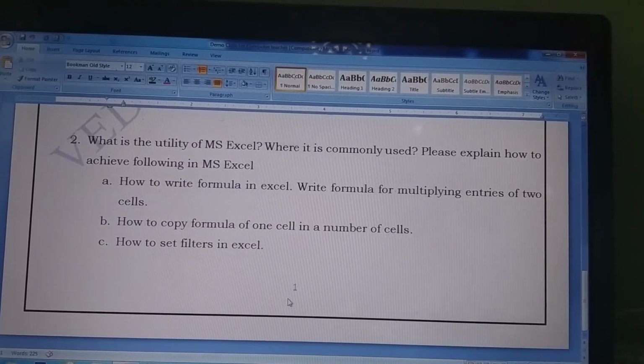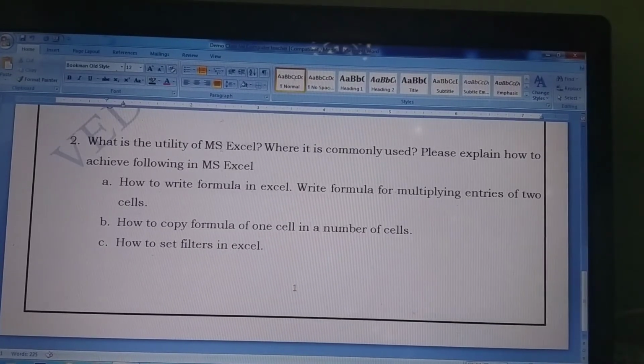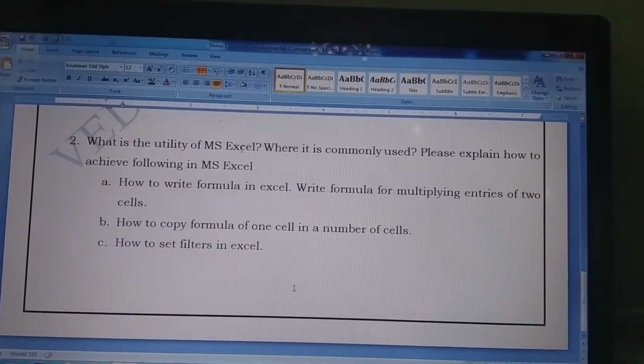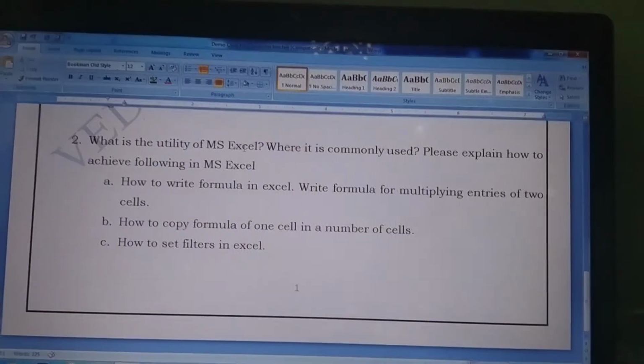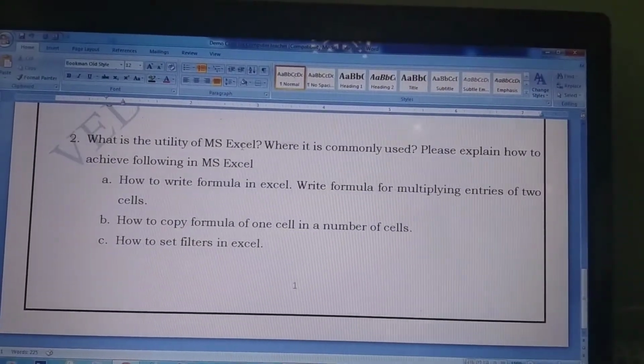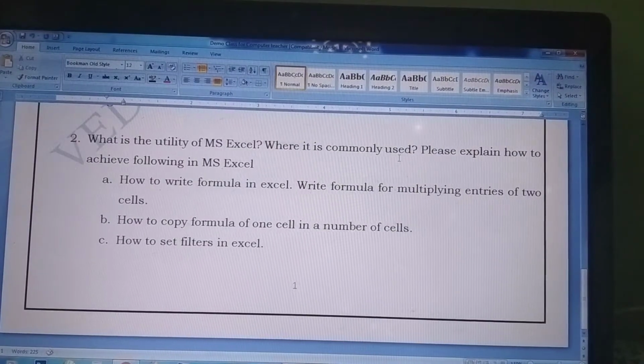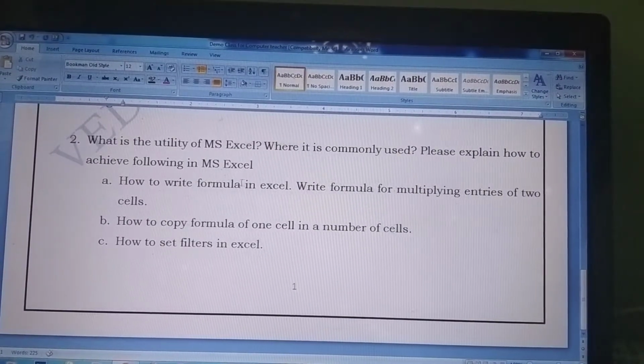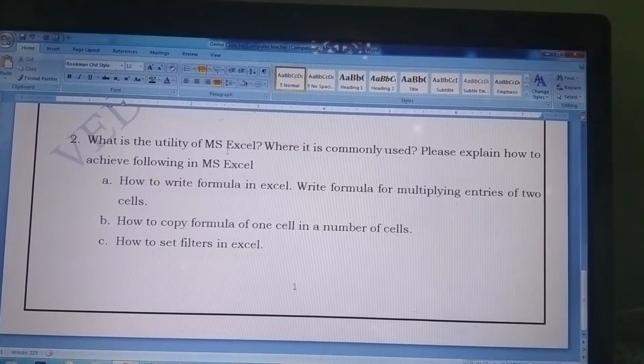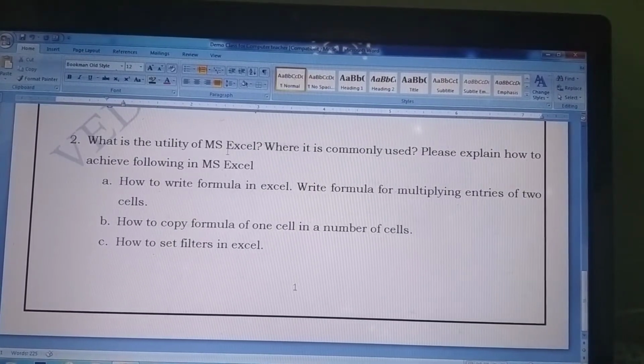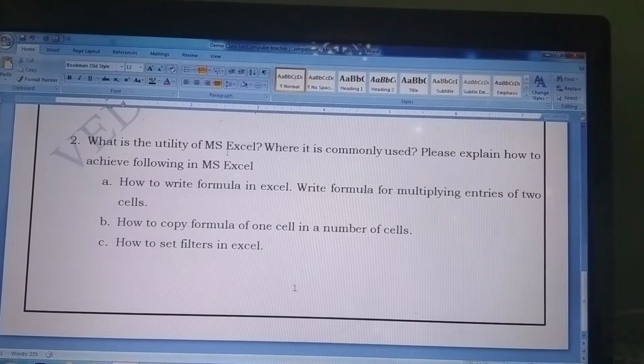Okay, so my next question is, what is the utility of MS Excel and where is it commonly used? MS Excel is Microsoft Excel, which is commonly used for calculation, for generating invoices, for generating bills,